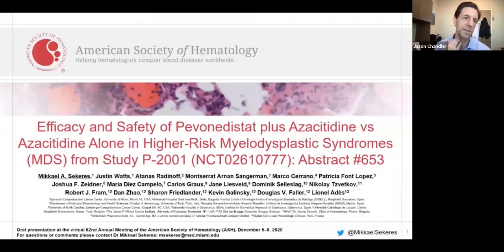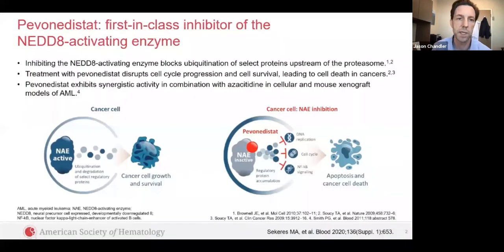So the question is, should we just treat everybody with stem cell transplant? Obviously we can't, and it has lots of risk side effects. So what can we do? Let's try to add something to azacitidine or hypomethylating agent. So this study looked at Pevonedistat with azacitidine versus azacitidine alone in high-risk MDS patients. So the mechanism of action is NEDD8 activating enzyme inhibition. It has to do with ubiquitination. So the thought process is if you can block this, you could potentially use it synergistically with